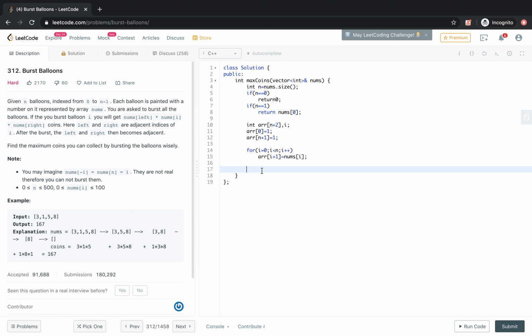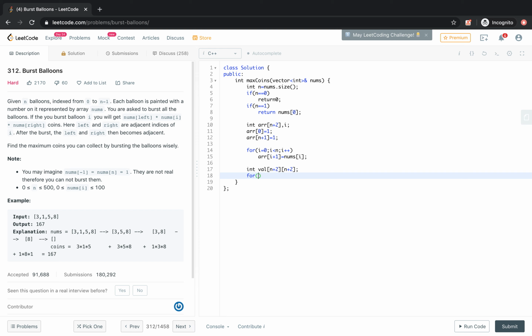For that we will take a table to store the values. So we'll take a DP matrix of size n plus 2 by n plus 2, and we can set it to 0.